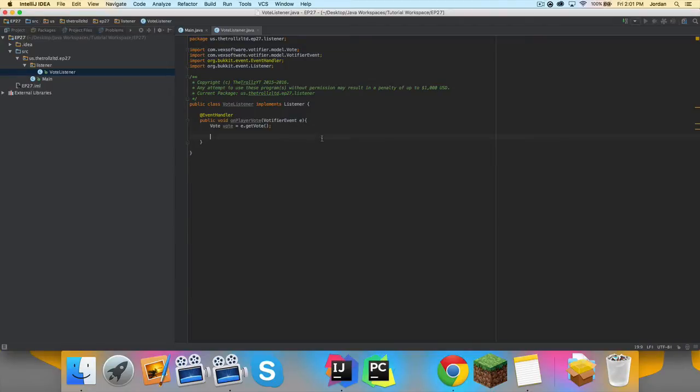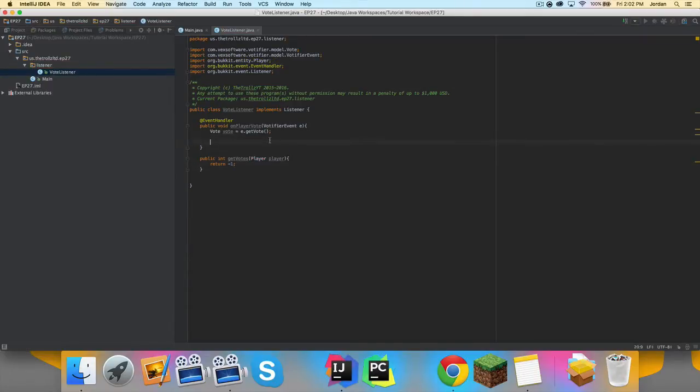Now what we need to do is go down into here. We're going to make a public int getVotes(Player). And for now we're just going to return -1, just so we don't have an empty method there. And then we also need a Player object here. So Player player equals